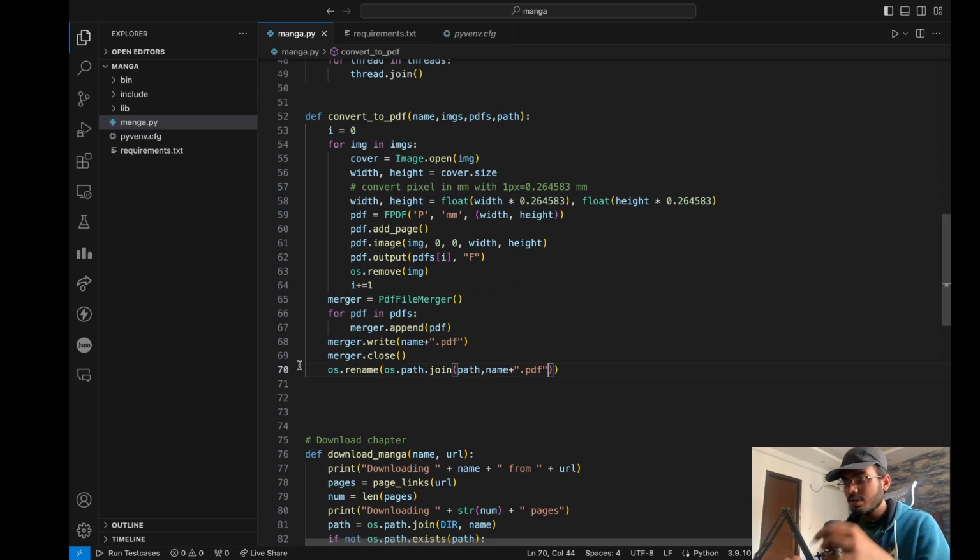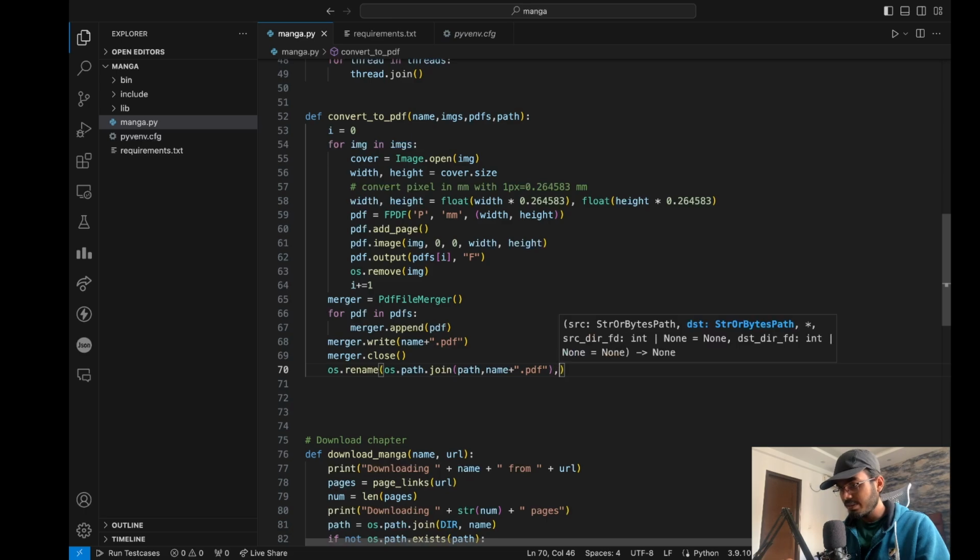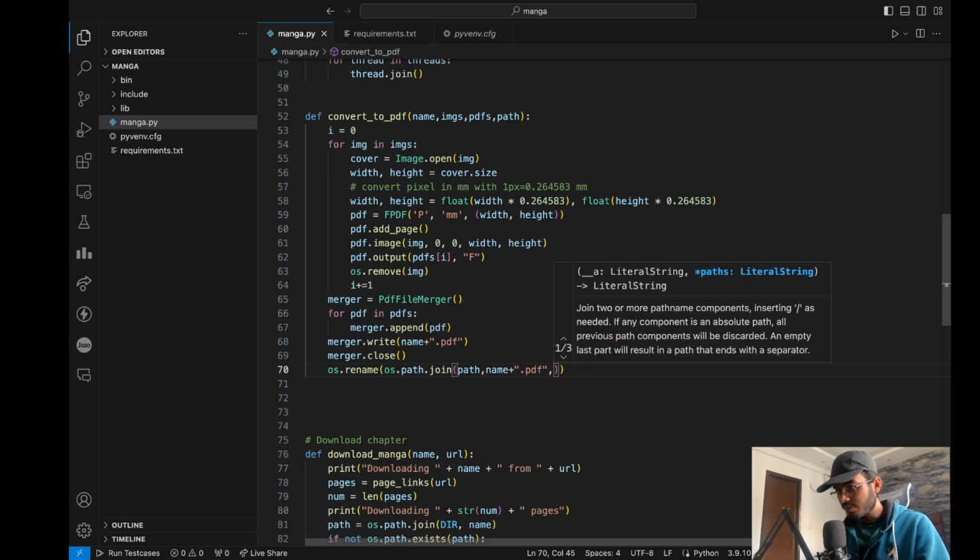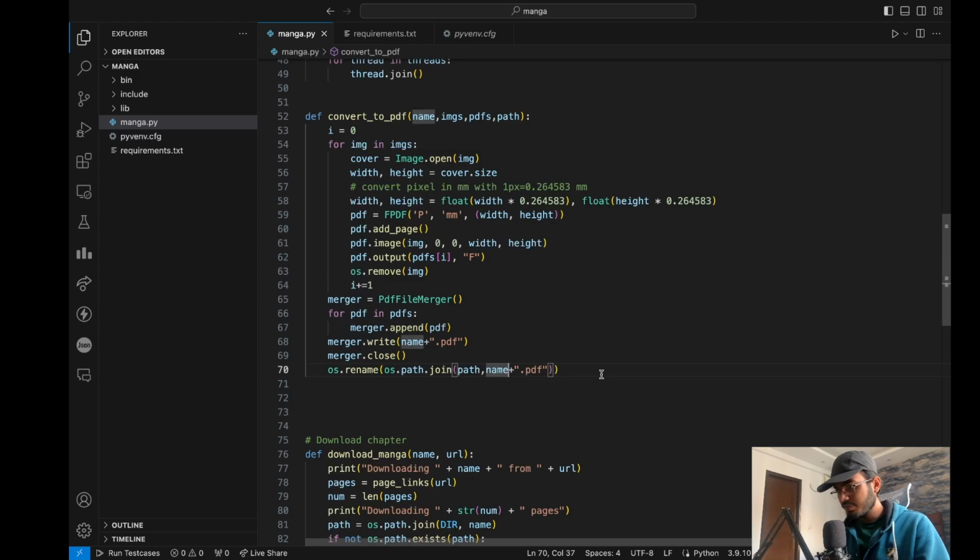Okay, so now I have this path and I need to join two paths, like we are moving you from here to there. This is confusing right now,